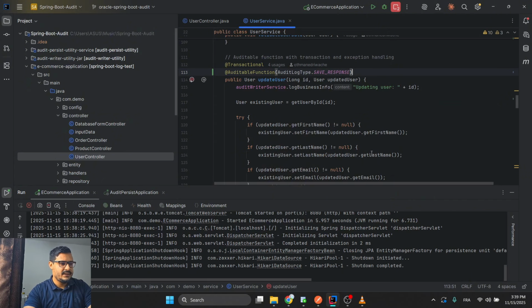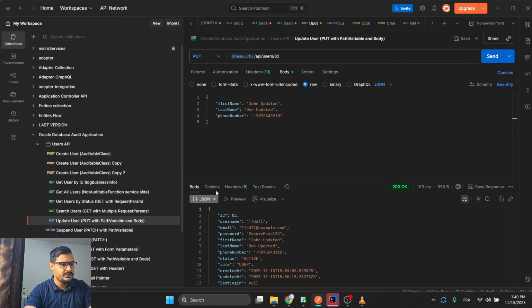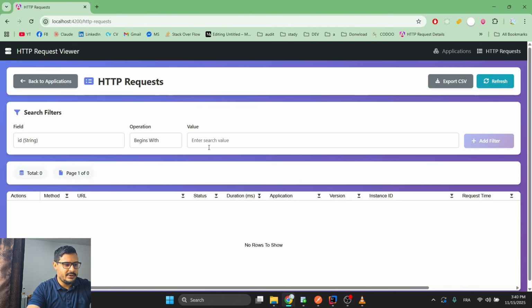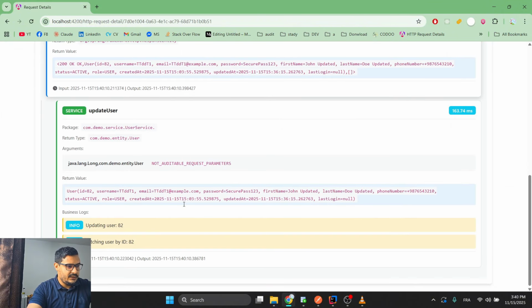Okay, let's restart. Okay, let's go to our Postman collection for the put. Yeah, I will update with this information. Yeah, application got started. Yeah, I updated the values. Let's go now to our application. Yeah, let's refresh. Yes, the put got triggered with the user 82. If you can see, yes,